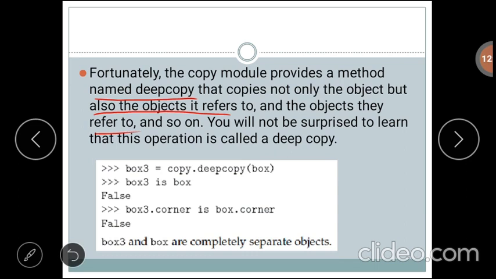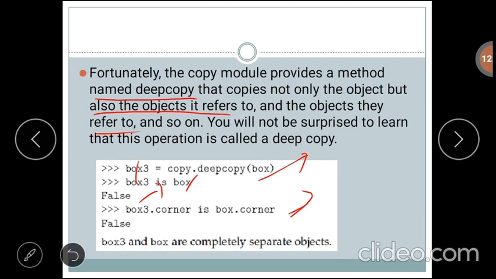For example, here we have the statement box3 equal to copy.deepcopy(box). If you give the command box3 is box, we get False. Again box3.corner is box.corner is also False. Here box3 and box are the objects.